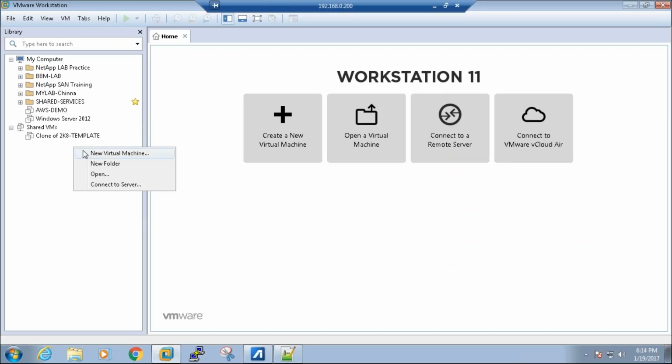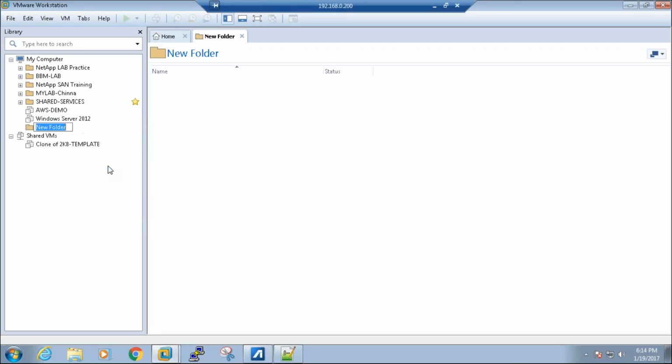I'm giving it the name Amvotech, and whatever VMs get created, I'm going to put them in this particular folder so that we can have the inventory hierarchy arranged.